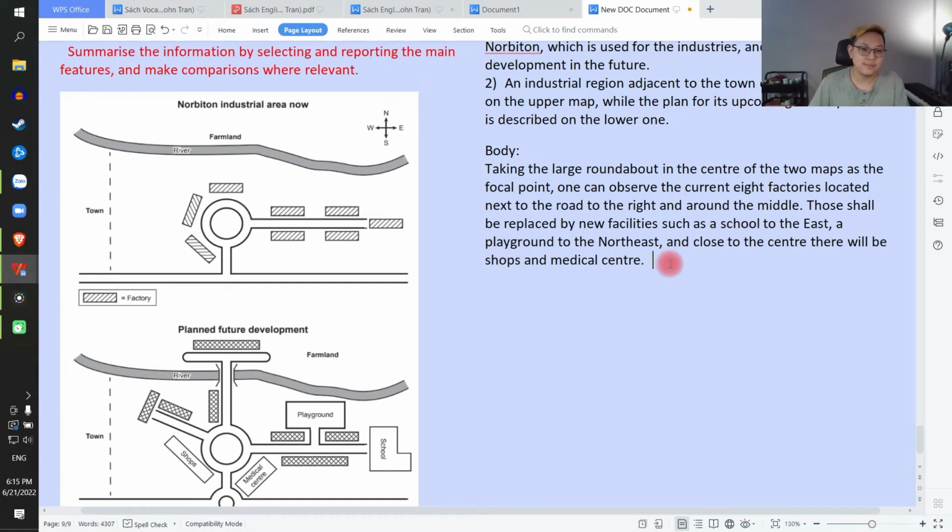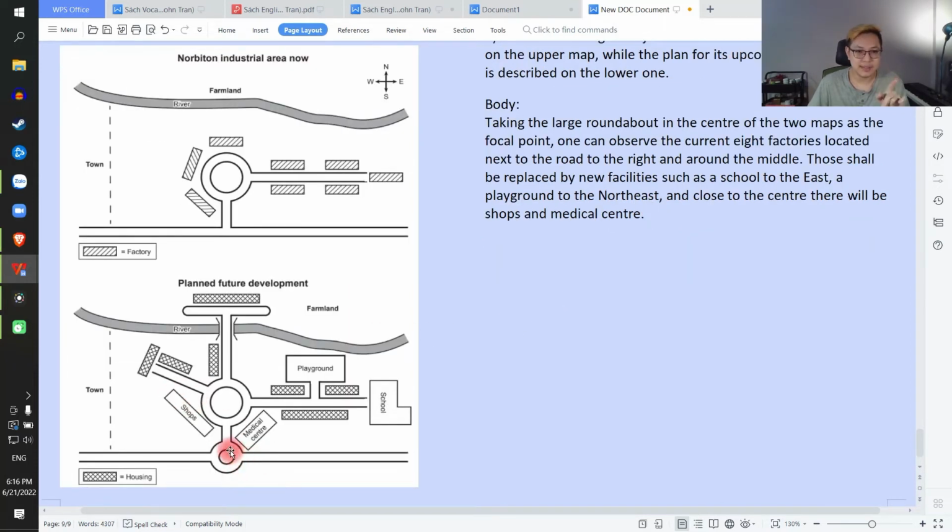So the third sentence, I would probably mention about what? I can mention that the T section here will become a roundabout. Or I can also mention, I didn't mention about housing surrounding the new road, did I? I didn't. Okay, so I should also mention that as well. Mình chưa có nói về những cái khu nhà housing này nọ gì hết. Cho nên là mình nghĩ là cũng nên nói cái đó, và cái chỗ mà hình chữ T này thay thế bằng cái roundabout mới chẳng hạn. Okay, also,